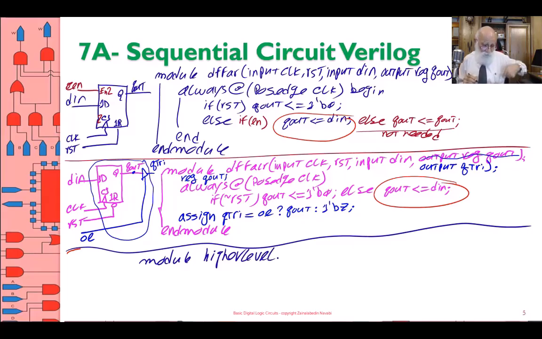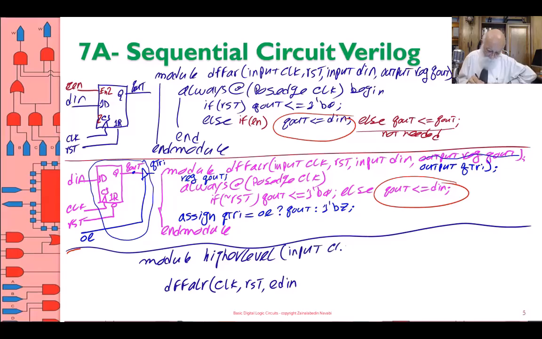Okay, and you're instantiating this flip-flop. You do D FF ALR, and then you connect your clock to the clock, your reset to the reset. I'm doing ordered connection, and then I'm doing, let's say, external D input. You connect it to this, so let's say this has inputs clock, reset, external D in as input,